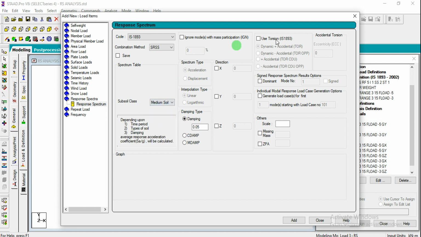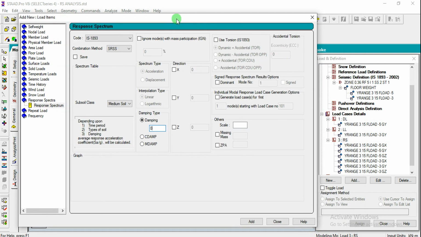So we have to define the soil type which we have considered for the definition. And coming to this, we need to give the damping ratio as 0 here. And coming to the directions, we need to use some factor, which we need to calculate using the formula Z by 2 into I by R. Depending upon soil conditions and damping ratios, the average response acceleration coefficient will be automatically calculated. By knowing all this, we can find out the base shear force that is coming due to this seismic load. So here the zone factor is 0.36.